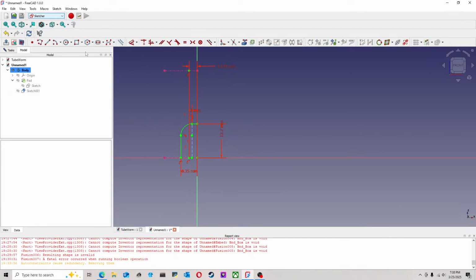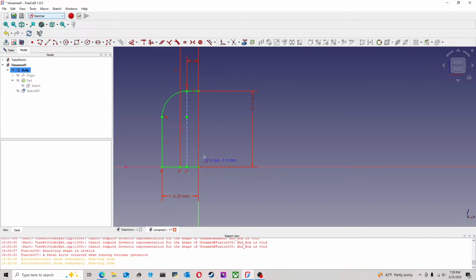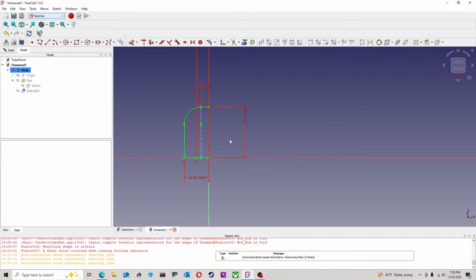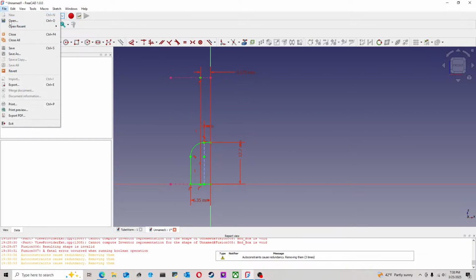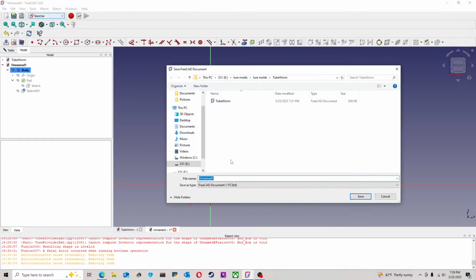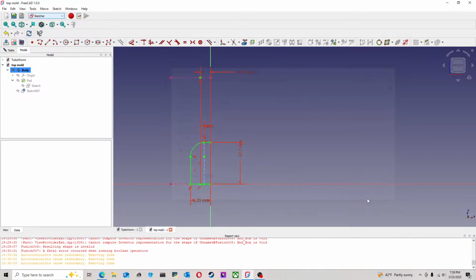And I want more real geometry from here to here to there. And I want to do file save, top mold, save,